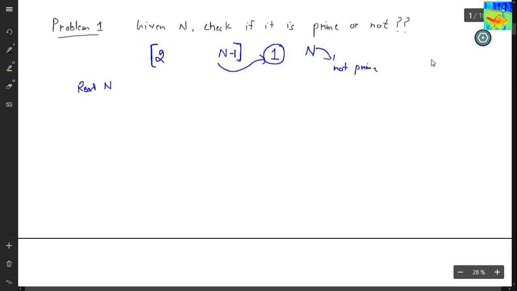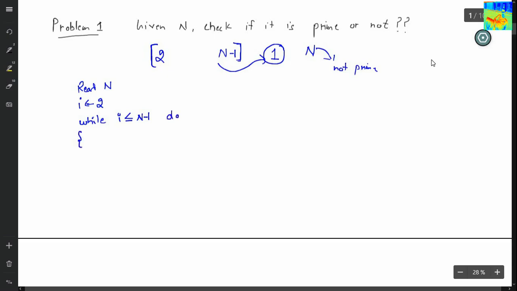Read n. I equals 2. While I is less than or equals to n minus 1, do. So what will I do here?